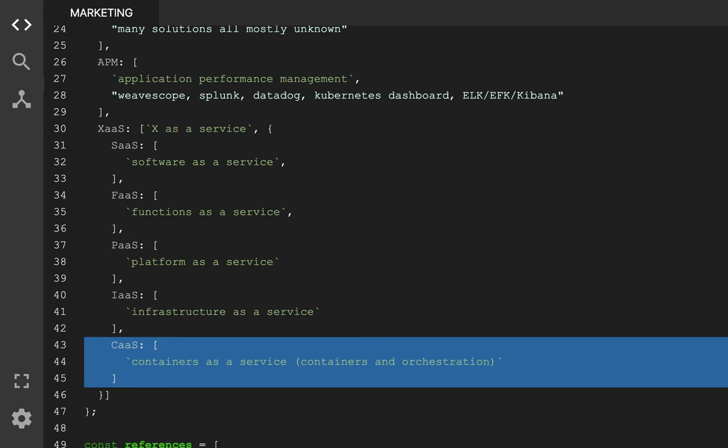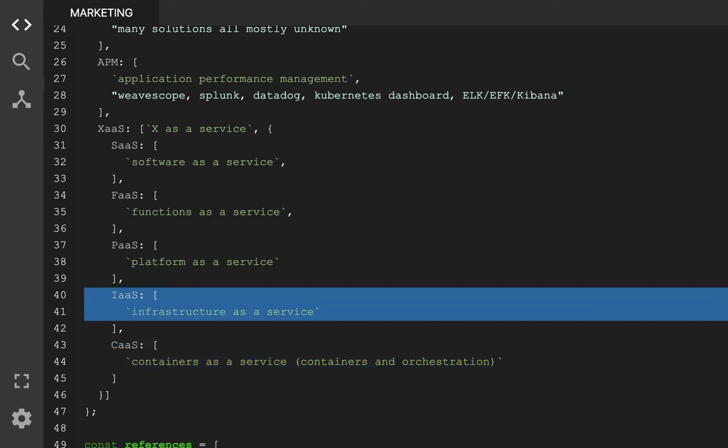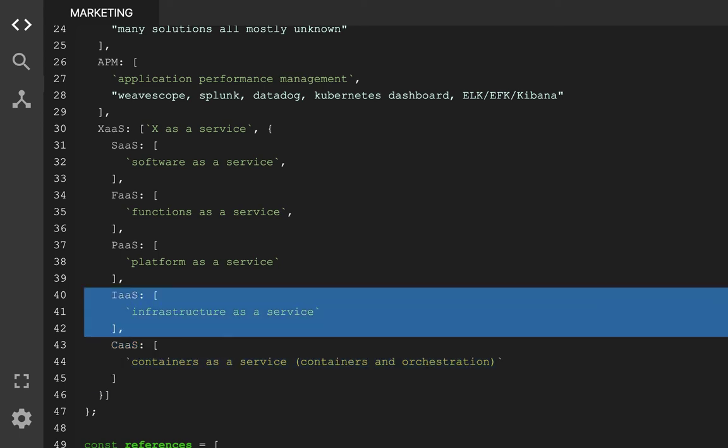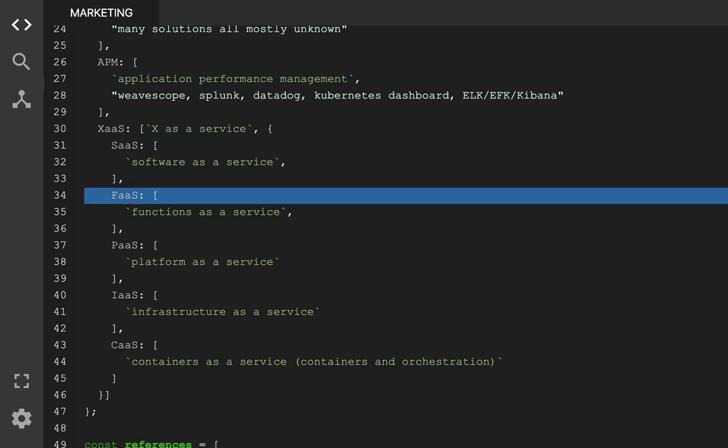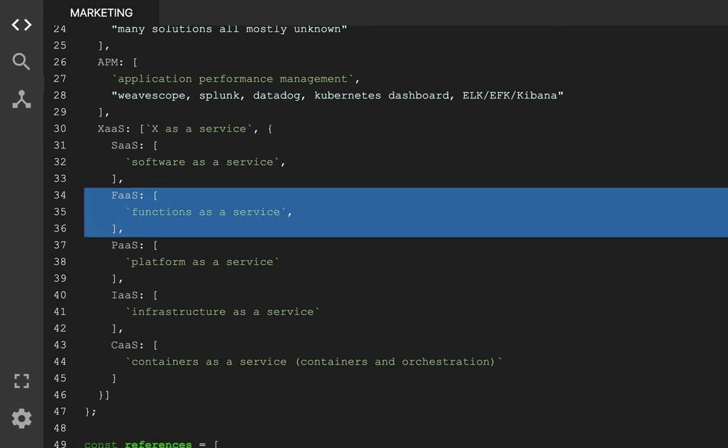There's also infrastructure as a service, but I'm not going to go too far into that one. And then let's talk about functions as a service. All of these AASs basically are striking a balance somewhere between control and ownership.